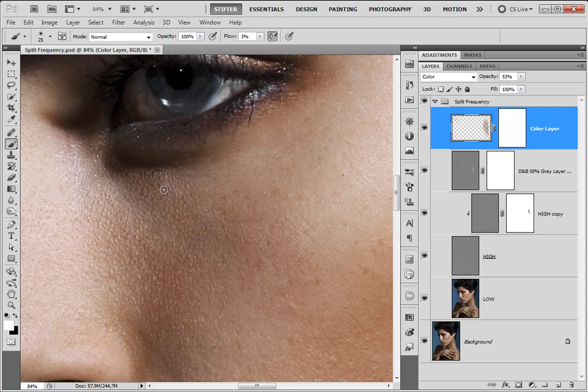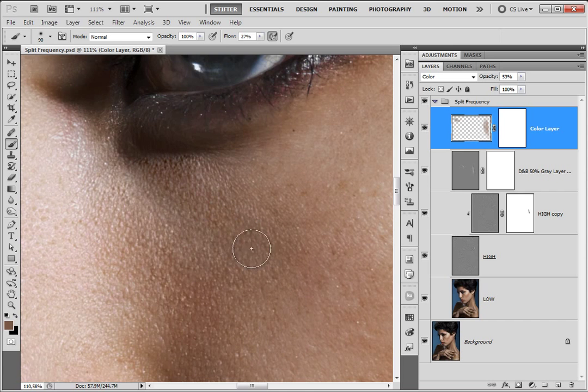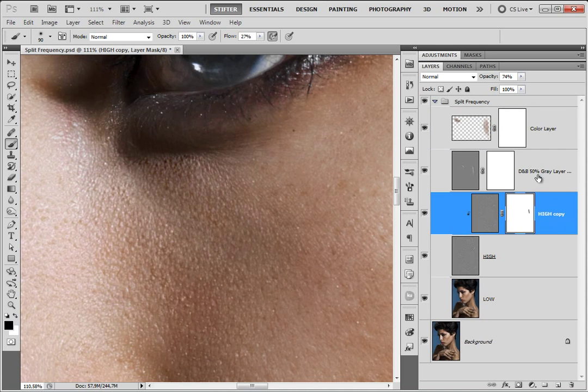And I'm going to darken that a bit. Switch to my color layer once again, maybe even increase my flow here so I kind of transfer more of the color and do it like this. Now there's one thing that I don't like here, and that is how harsh it is here. So I'm gonna get back to my high copy of it,